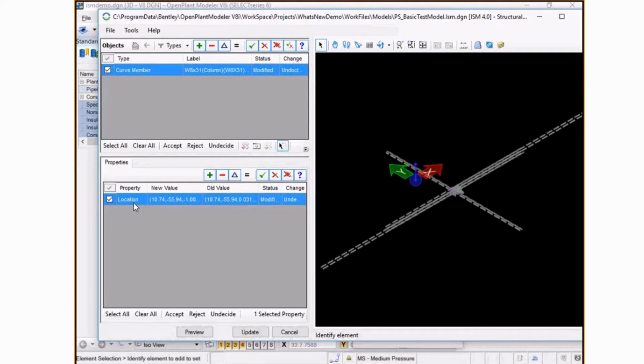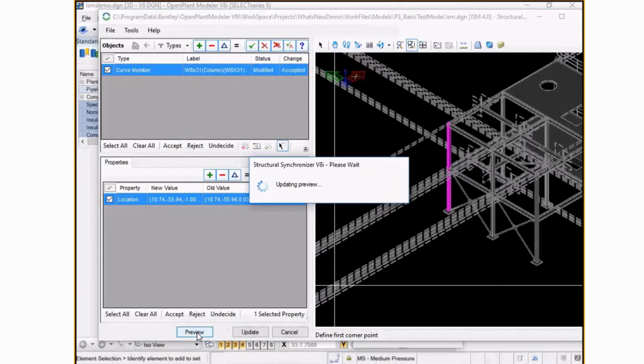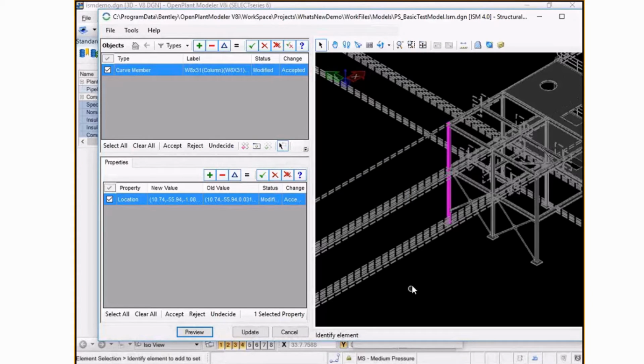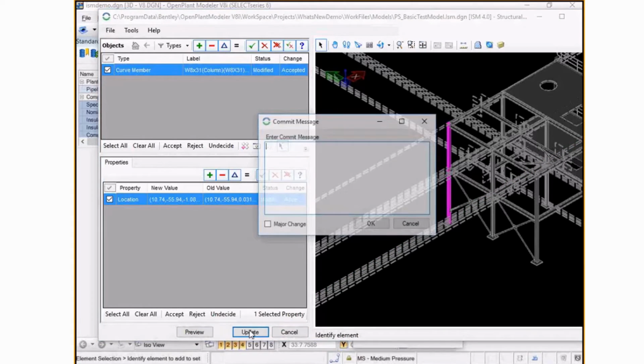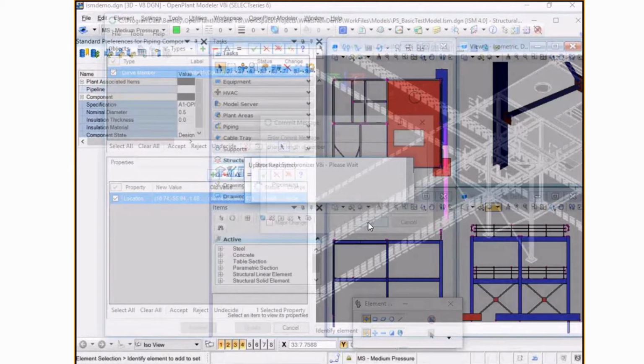I can choose to accept this change, and when I accept this change, the change actually goes into my repository DGN. I can also zoom in and, using the highlight option, see what exactly is the change in the model that we are talking about. These changes can also be previewed in the window. You can also add a check-in comment.